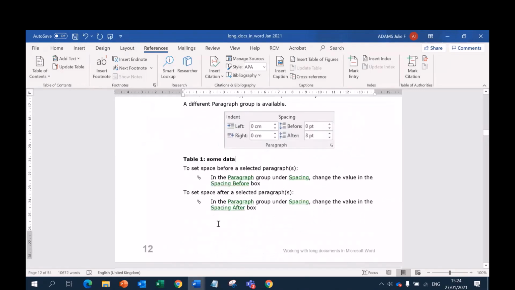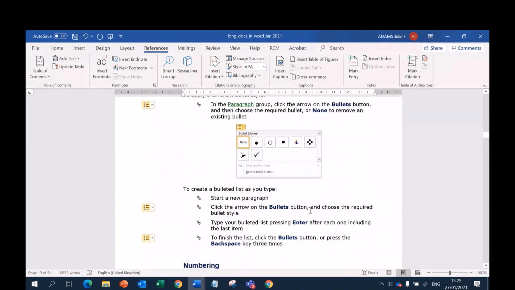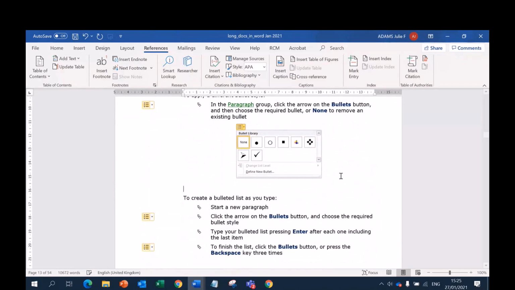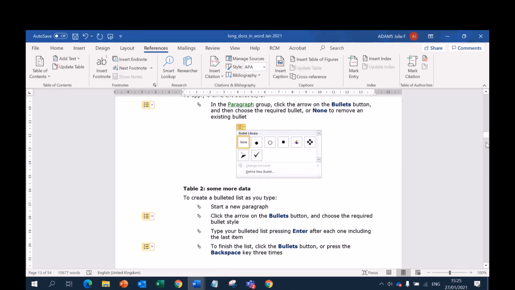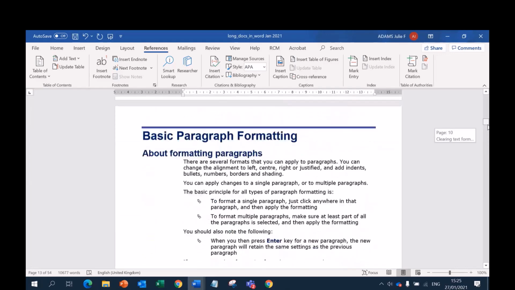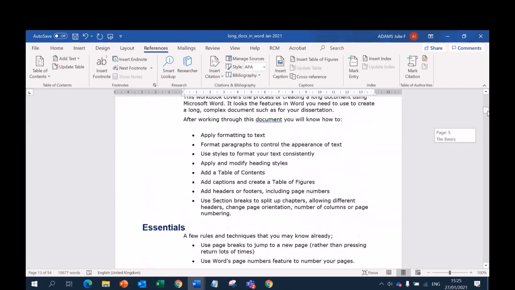So I've got a caption there for that. And I'll just pretend this is going to be another one. So I'm going to insert a caption again. It's coming on with the label for the table. Caption for that. Okay, and again I would go through the documents and I would do all the various tables